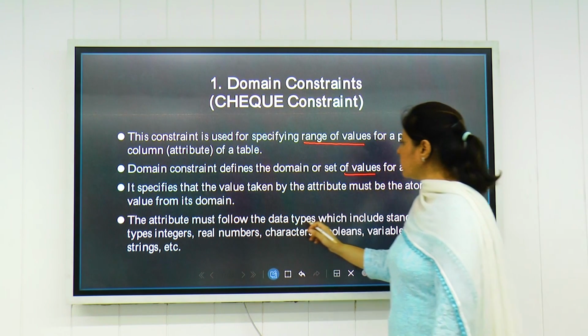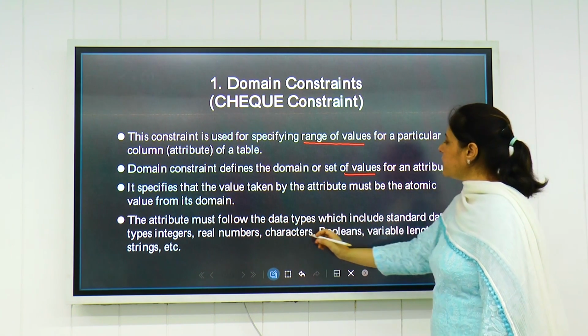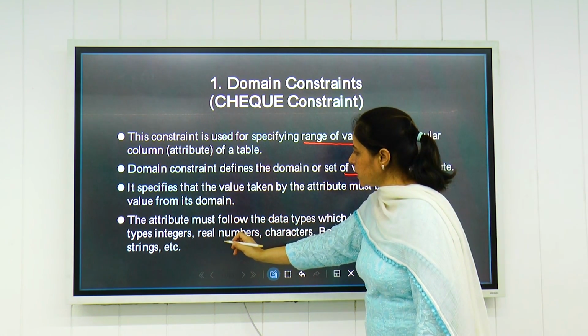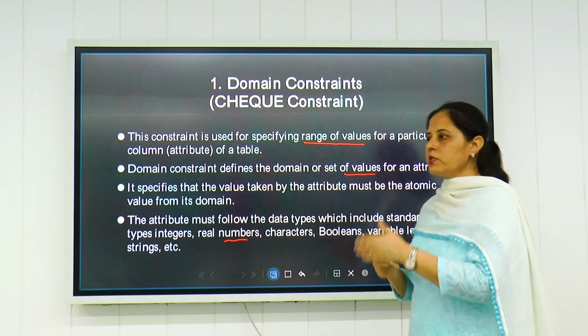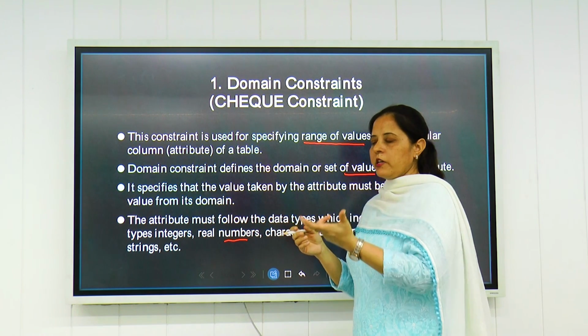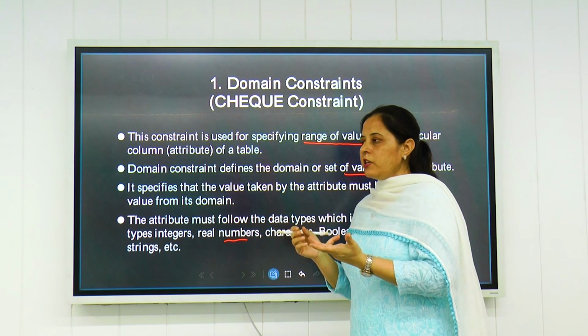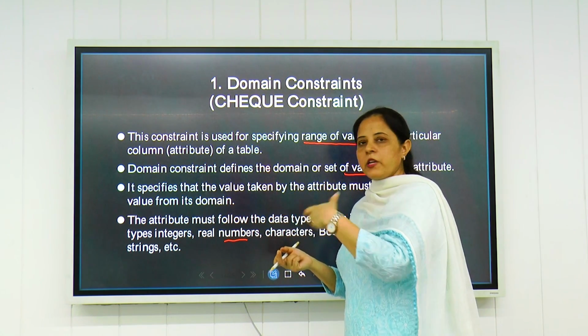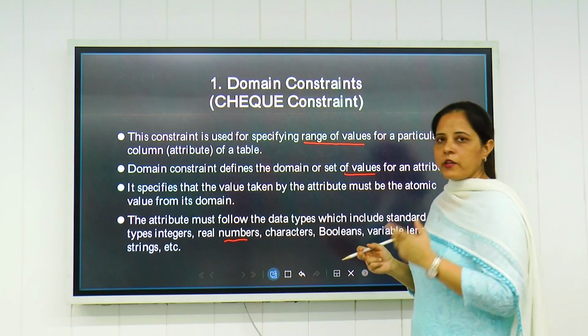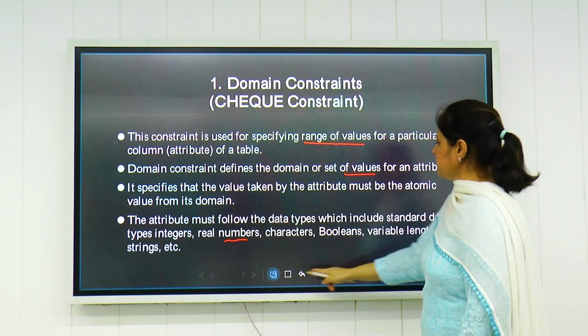So the attribute must follow the data types. We keep the check constraint on the type of data which we have entered. For example, the user is given a data type of integer, but if he has entered a real number, then the check constraint will display an error message to the user that this is not correct.